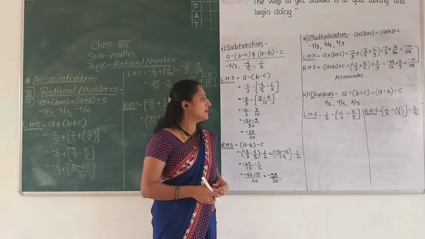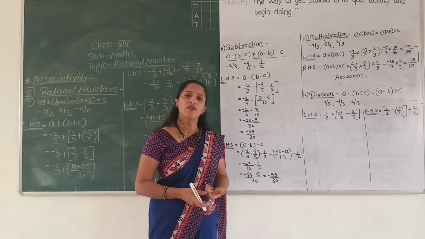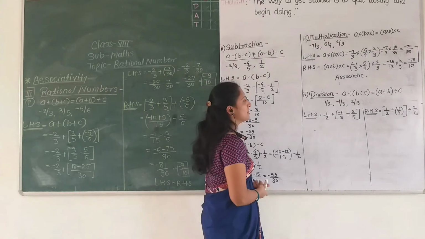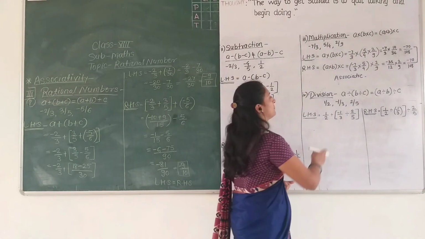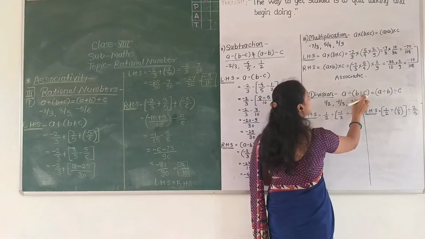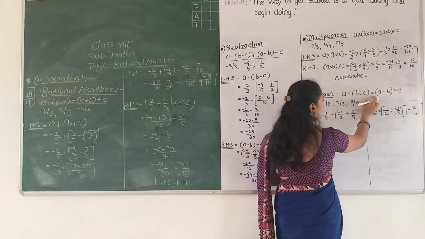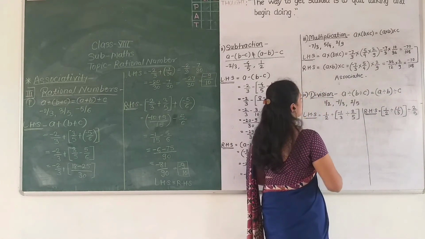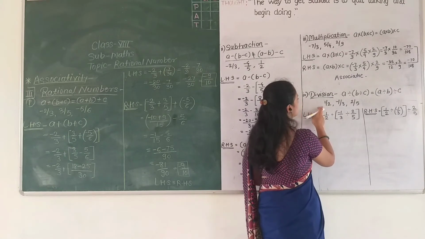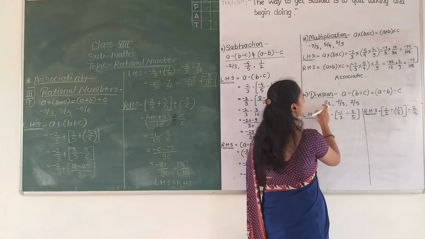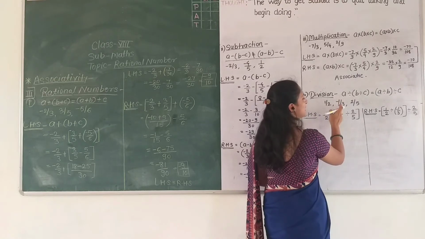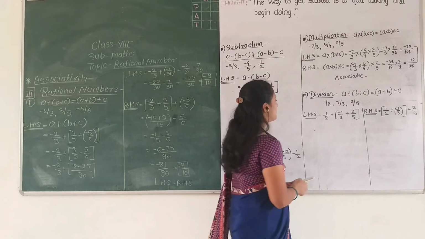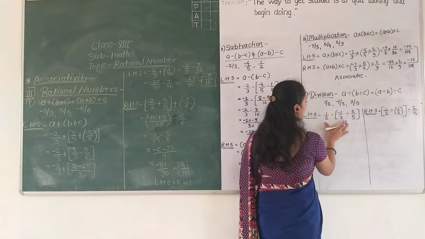We have to check if division is associative. So here we have to check A divided by B divided by C is equal to A divided by B divided by C. Okay. So for this, here I take three rational numbers. A is 1 by 2, B is negative 1 upon 3, C is 2 upon 5. Okay. So for this LHS,